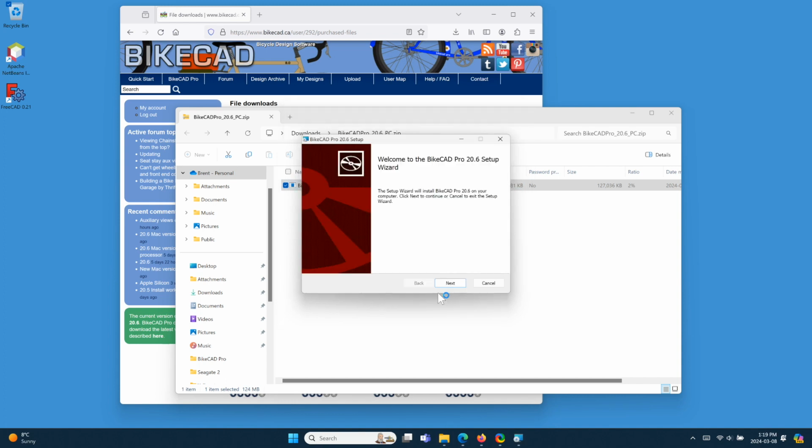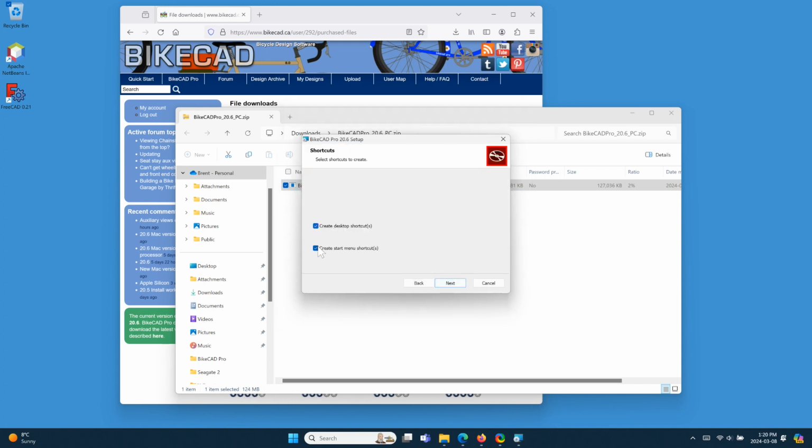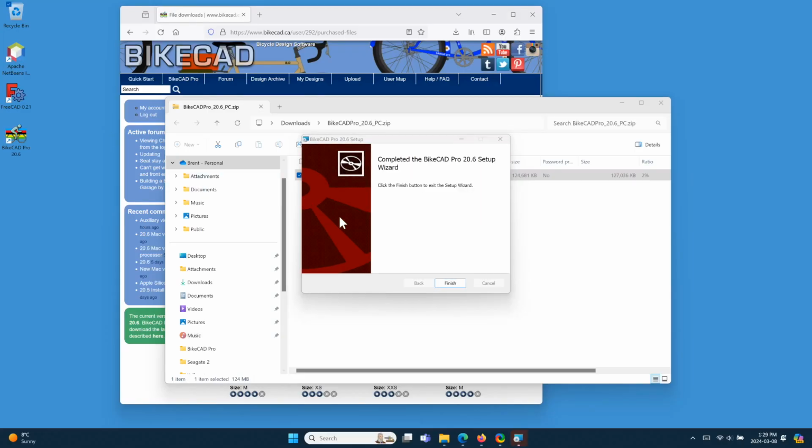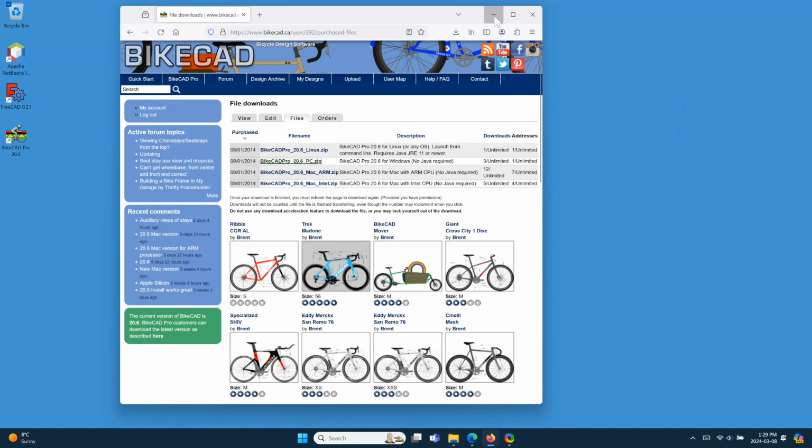Along the way, we'll see two checkboxes giving us the option to add an icon to the desktop and/or Start menu. We'll also have to click Yes when asked if we want to allow an MSI file to make changes to our device. We can click Finish on the Setup dialog box and then click the desktop icon to launch